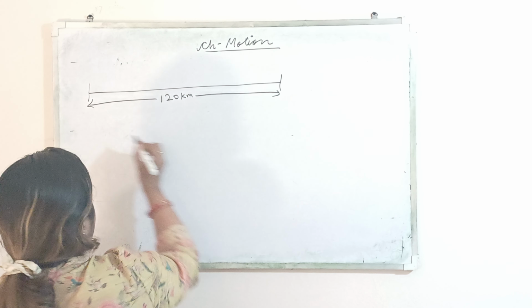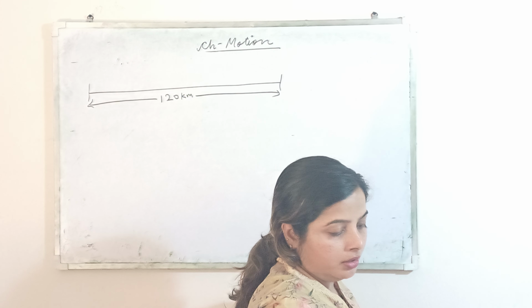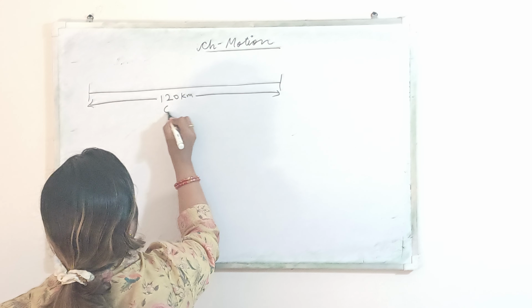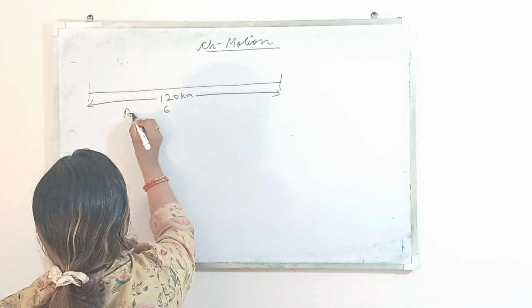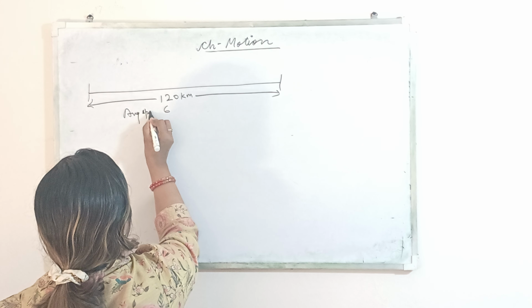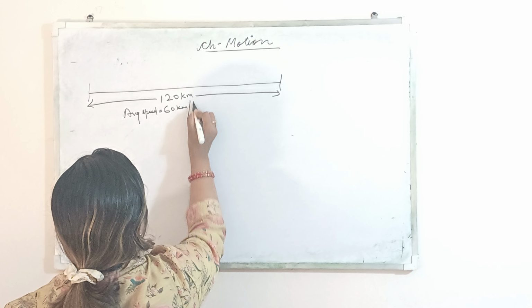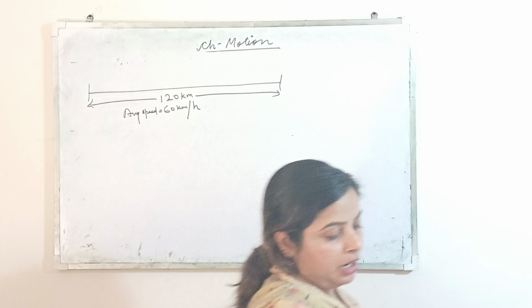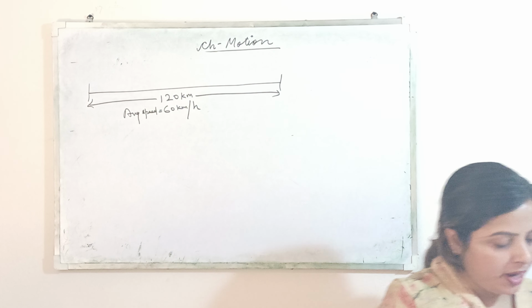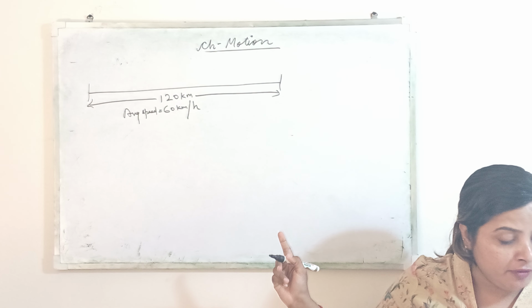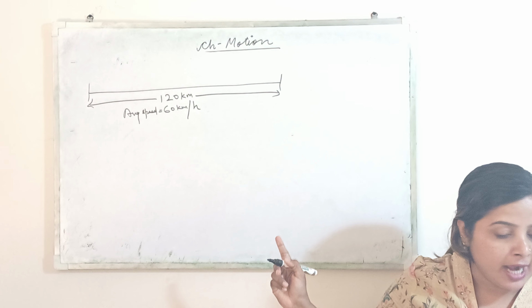And the average speed for this track is 60 kilometer per hour. Clear? Now it is given that on a 120 kilometer track, a train travels first 30 kilometer at a uniform